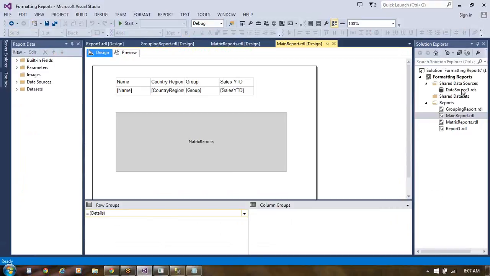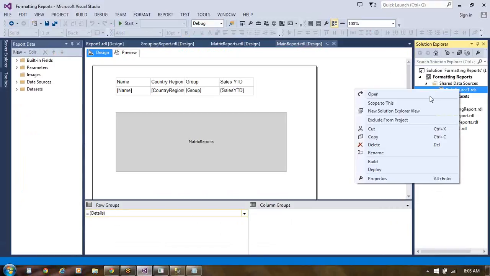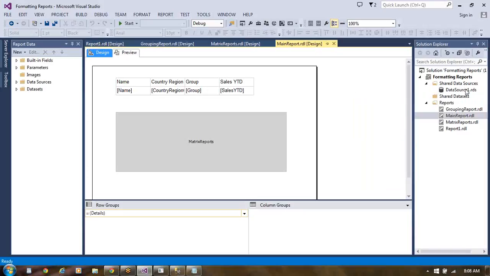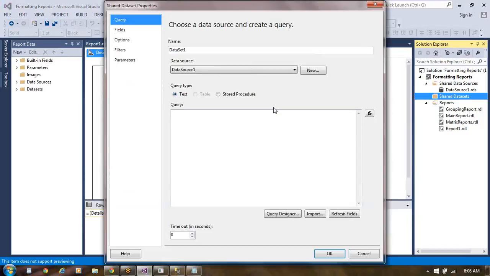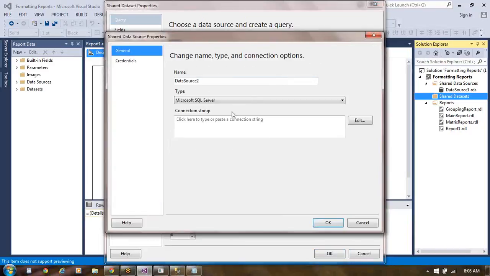Before that, we require here share data source. One more data source let us create. Okay, so here share data sets we take, otherwise here try to create new data set. It's going to be not data source 1, some other data source we can make in this new data source. Click on the new, here data source 2, click on this edit.